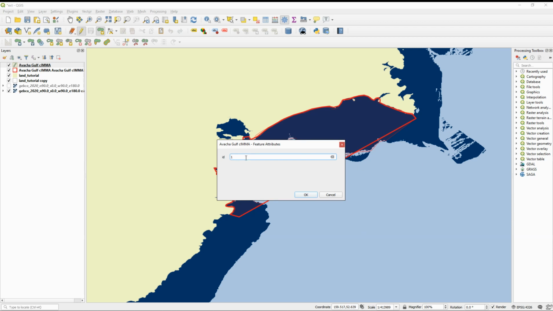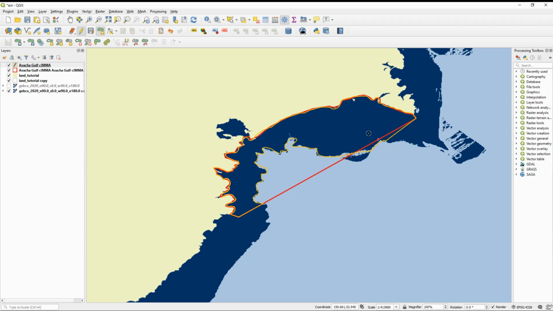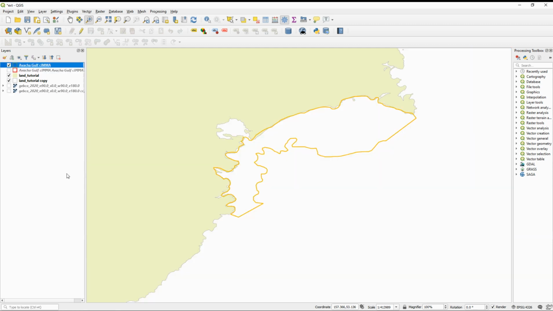So we're going to call it number 1. And there we are. So we've now got this area. We're going to untoggle the editing, and we are going to save the changes we've made to that file. And then, as you can see, if we turn off the other background layers, we now have this new layer for the candidate IMA.